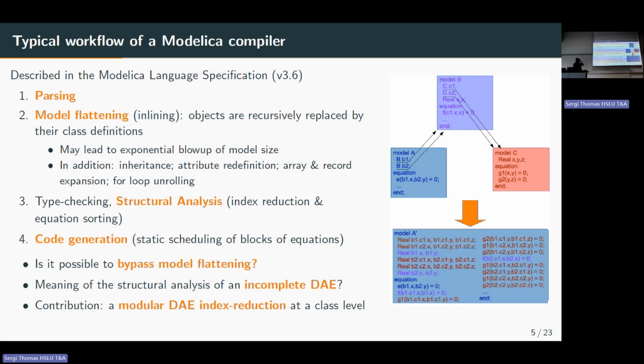This is called the model flattening. And after that, you can have type checking, structural analysis, that is index reduction and equation sorting. And after that, the code generation can be done. And clearly, the bottleneck really comes from the fact that you are doing this flattening, and that all the subsequent steps in the compilation are done on a huge DAE system